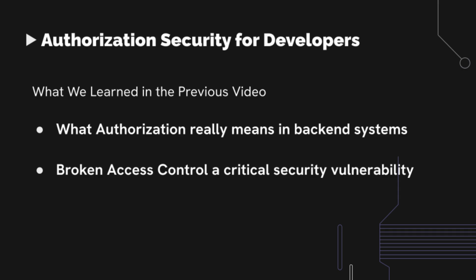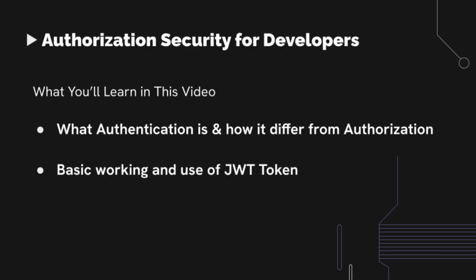In the previous video, we learned what authorization is and how broken access control vulnerabilities occur when users gain access to resources they should not be allowed to access. But before continuing the Authorization Security for Developers series, we first need a short overview of what authentication is and how it differs from authorization. In this video, we will cover the basics of authentication, how users are identified, how their role is determined. We will also introduce JWT tokens and understand how they help securely identify users when they send requests to the